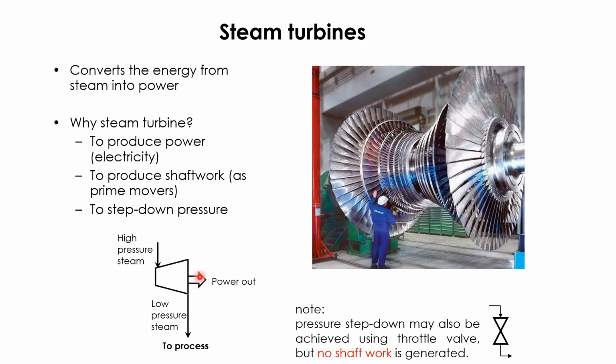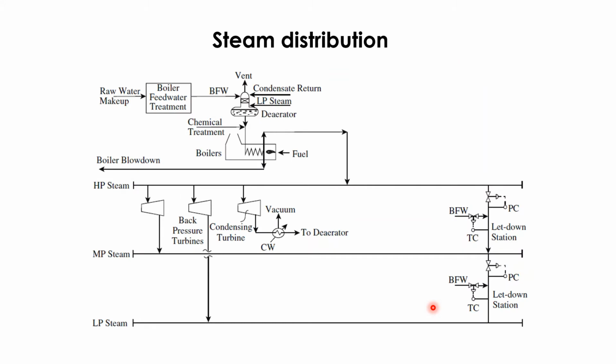Because if we don't have steam turbines and our boiler generates super high pressure steam, like up to 100 bar gauge, we will need some small valve, which we call the pressure step down, to be able to lower the steam pressure so that it can be distributed in the steam distribution. So, speaking of steam distribution,